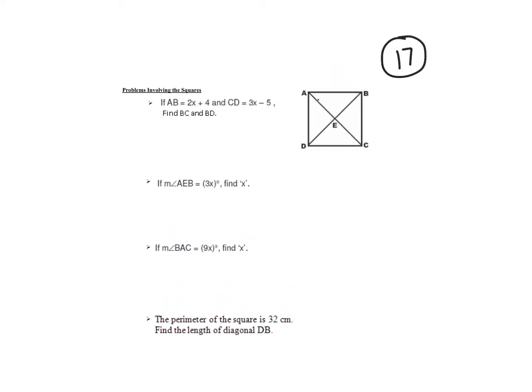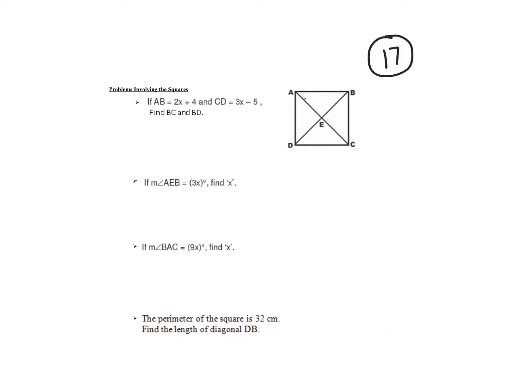So I'm going to start with the first one, and all I'm going to do here is copy the information. If AB equals 2x plus 4 and CD equals 3x minus 5, find BC and find BD. So we'll worry about that later. What we're going to think about right now is what we know about these two things that we have labeled. So first thing I'm going to say to myself is, what are these? Are these angles? Are these diagonals? Are they sides? Okay, so these are sides,